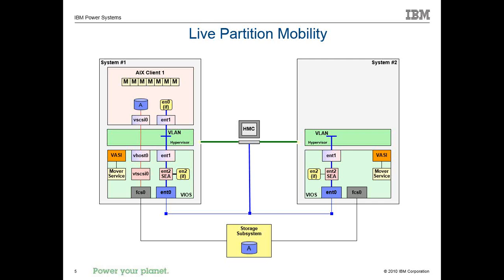So we have our VIOS on the left, and let's go down to the VIOS a little bit. You see your vhost here, which is how we do our disk virtualization. You'd have a VFC host if you're using NPIV. Then you have a shared Ethernet adapter on the bottom right box. On the bottom left box, there's something called VASI, which stands for Virtualized Asynchronous Interface. If you do an lsdev in your VIOS, you'll see a VASI in there. You might see 7 or 8 VASIs in there, depending on what you've done before.